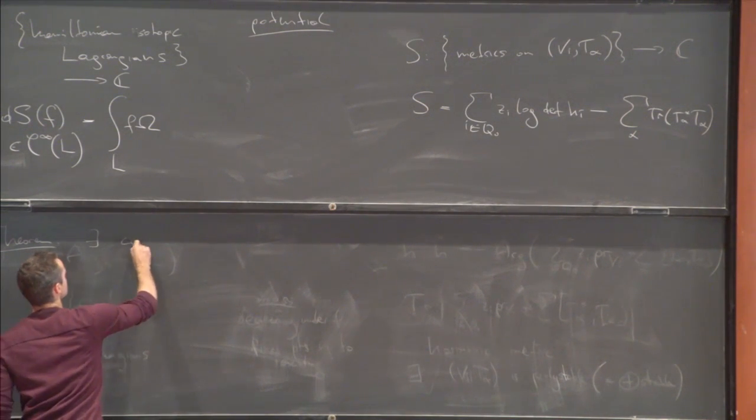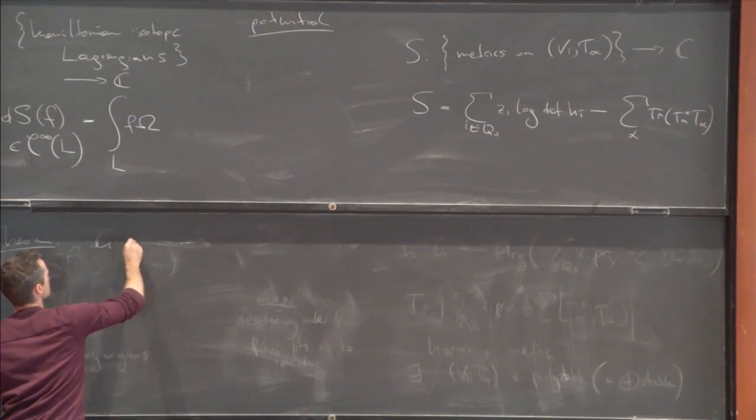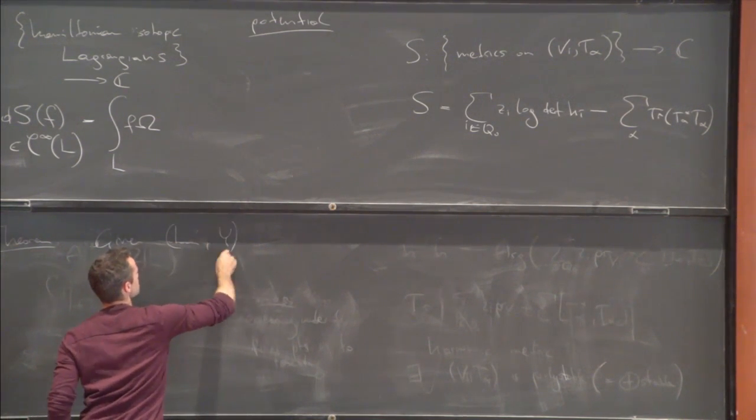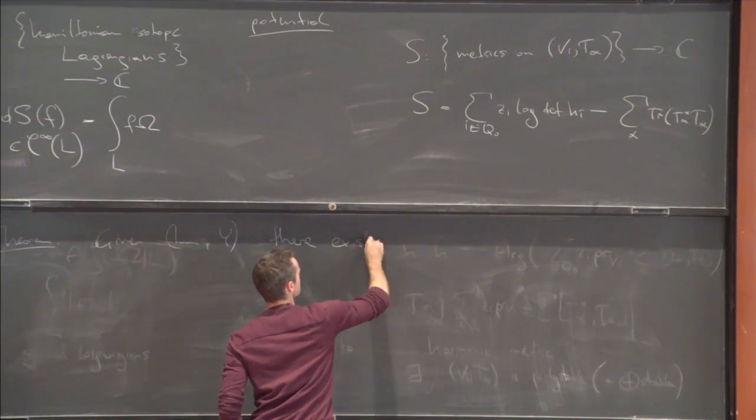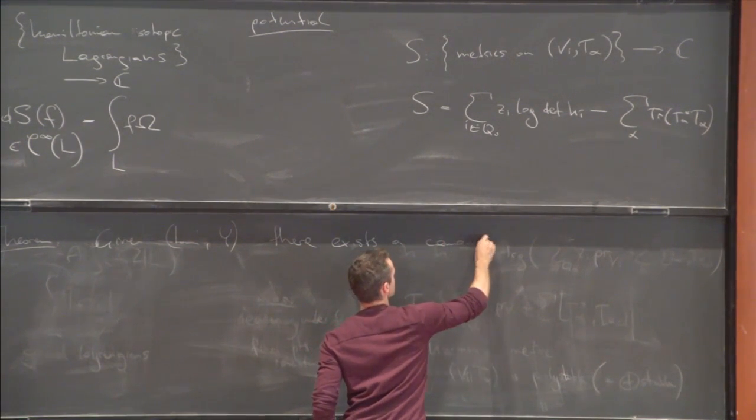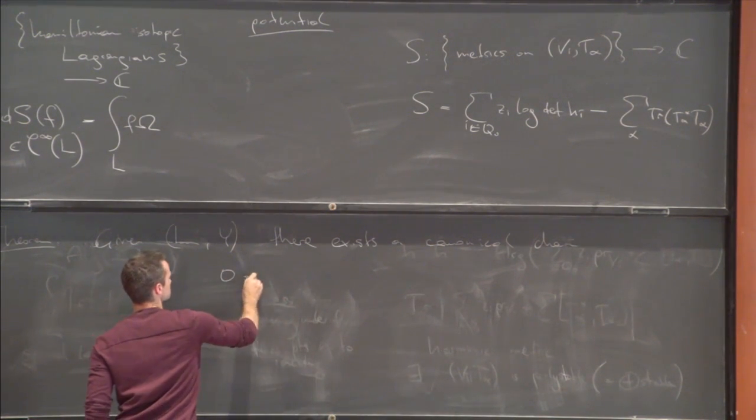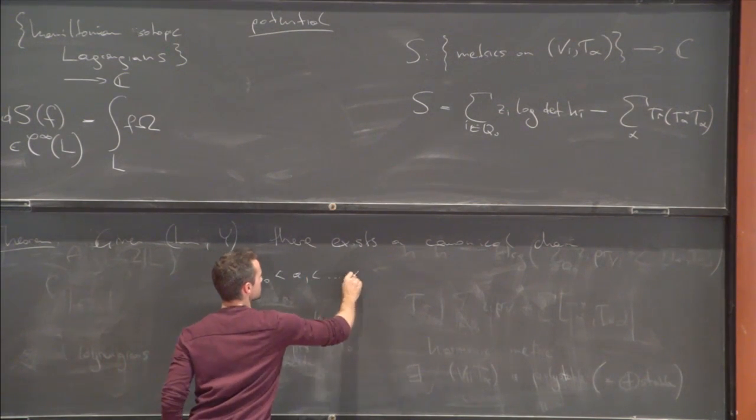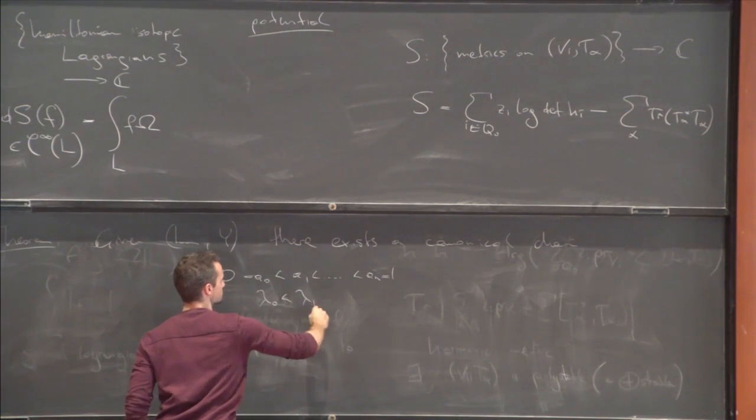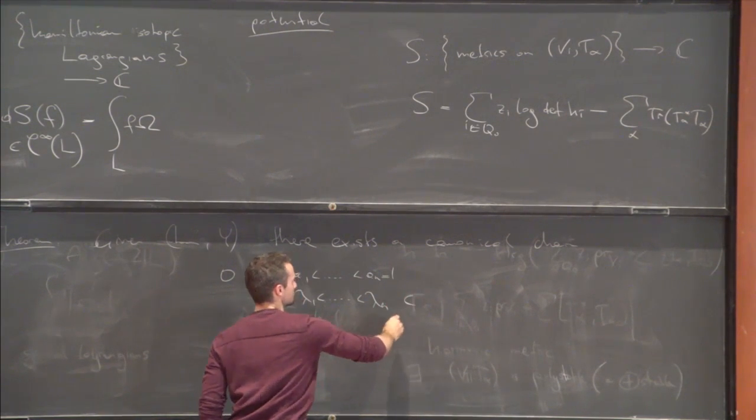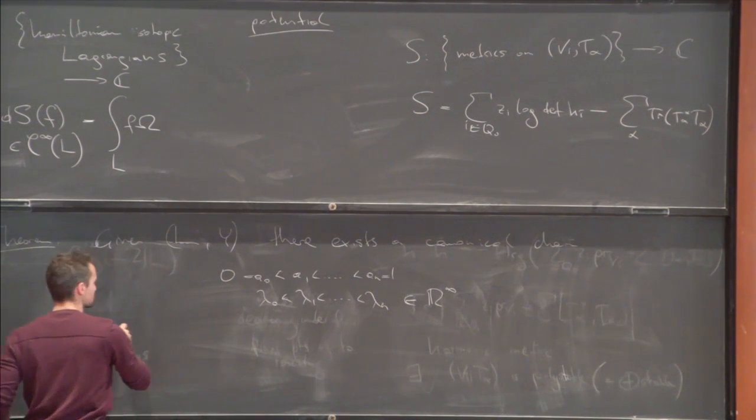So there exists a canonical chain. Given this L and Y, this artinian modular lattice and function Y, there exists a canonical chain A0, A1, ..., AN, and there's some indexing lambda 0, ..., lambda n, which are in R infinity, such that